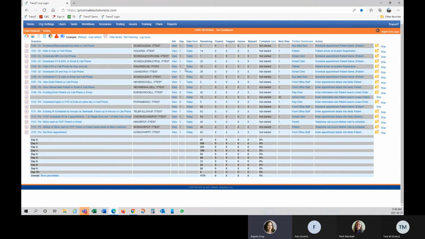So then the next column here is going to be the day number. So I'm currently set up to only be showing things that would be due up for today. So today we have both day 1 and day 0 steps due up, because day 0 steps are going to be anything that needs to be done ahead of time